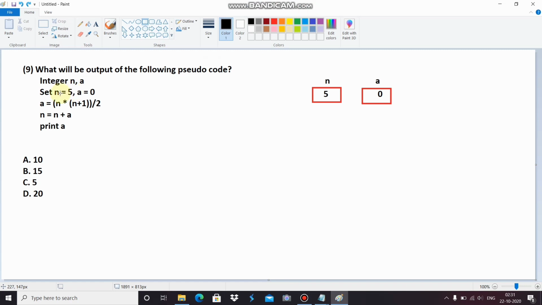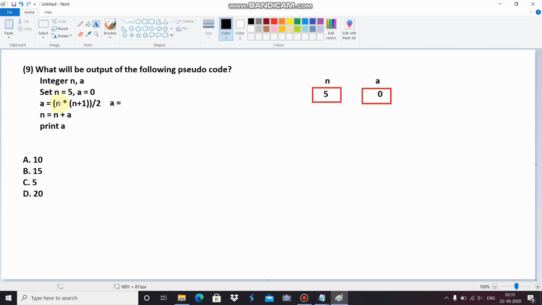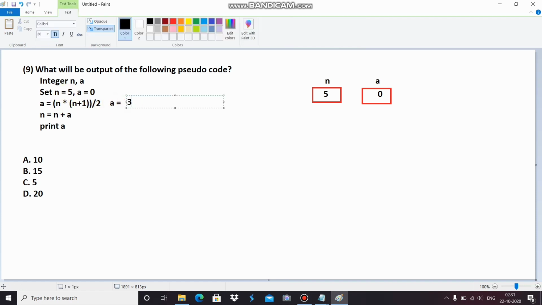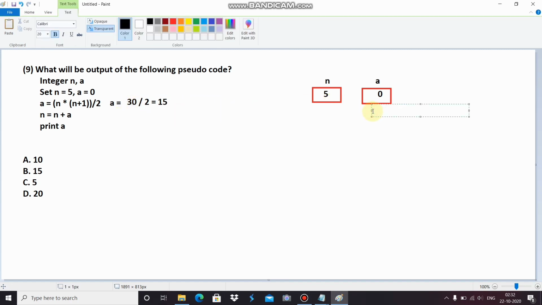Here we can see we declare the value of n is equal to 5 and a equals 0. Now we have to solve the value of a. So we can put it here. The value of n is 5, and here we add n plus 1, which is 6. Now we multiply 5 into 6, it will become 30, and we divide. Now we divide by 2, then it will give you a 15 result, and we can initialize the value 15